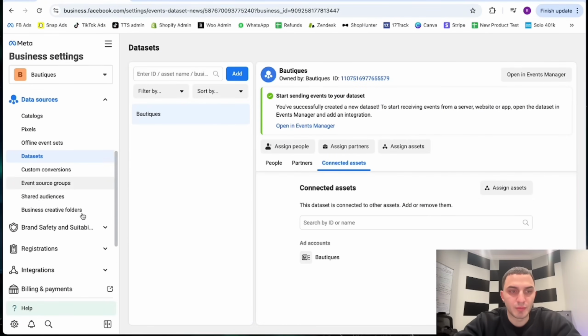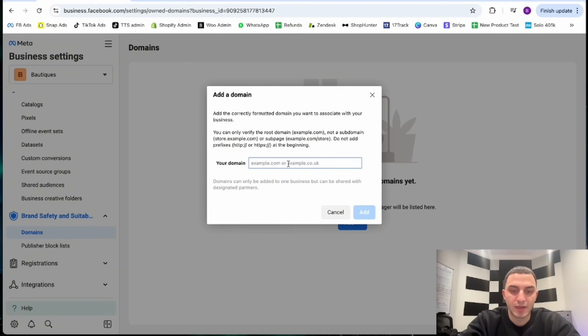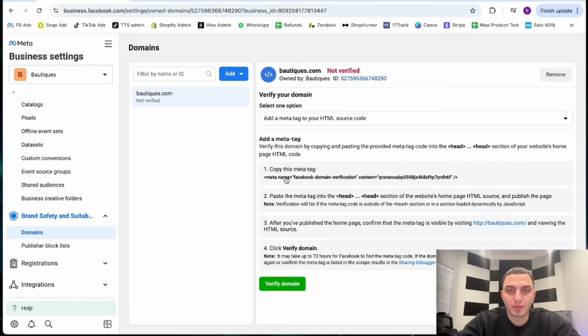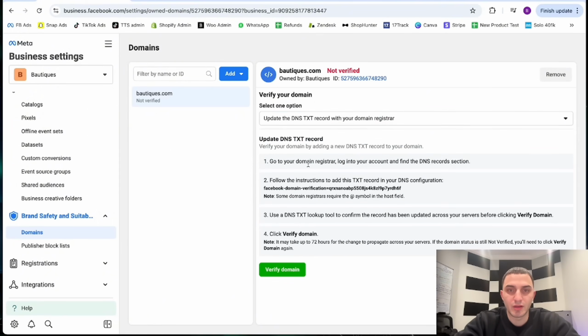After you've done that, go down below and go to Domains. So here you want to add your domain name, click Create New Domain, then add your store name, boutiques.com, click Add, and then we want to add this code to our DNS records. So click on this, go to update the DNS text record, and then we want to copy this record,